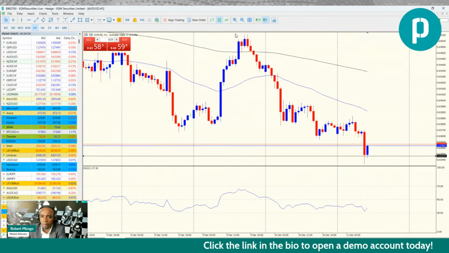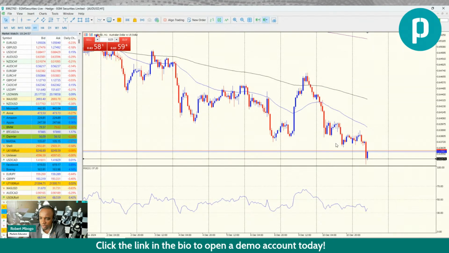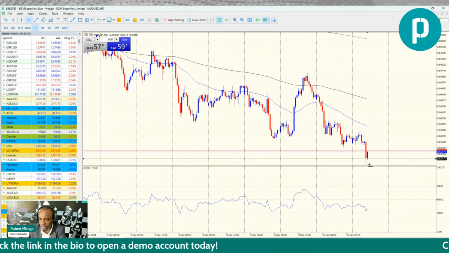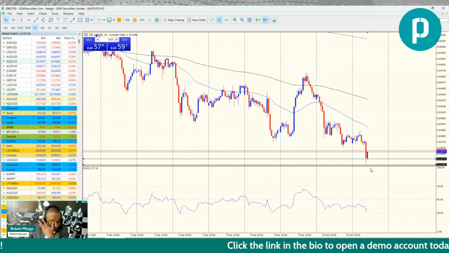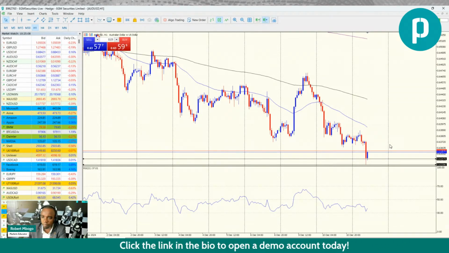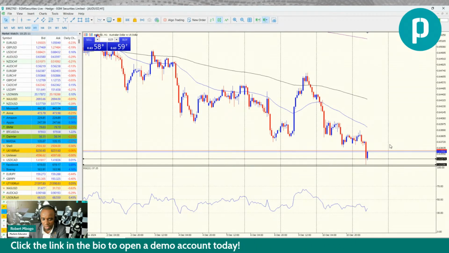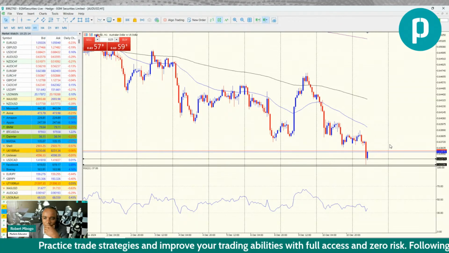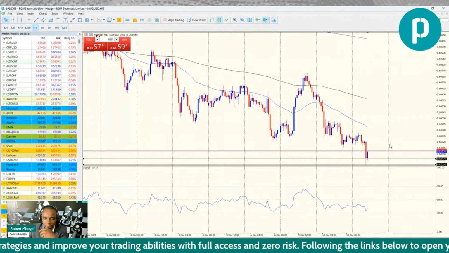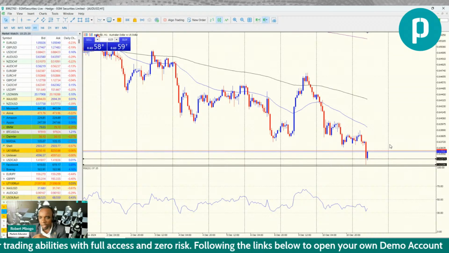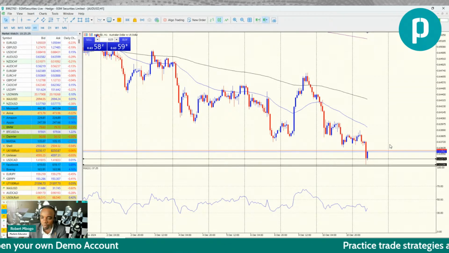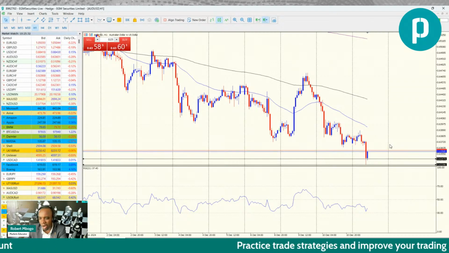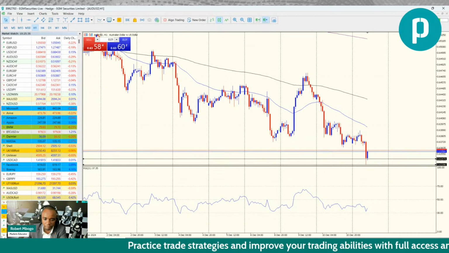So we should probably see a test of this area on AUD USD. Now this is officially the yearly low as it is. So maybe a test of this area before we could see a bullish push. From my end, I could probably anticipate a weak dollar later, right? It could come out as a strong dollar, but then later, maybe after one hour, we could see the dollar strengthening. And so I'm still bullish on AUD USD.